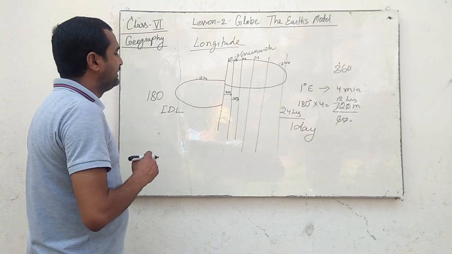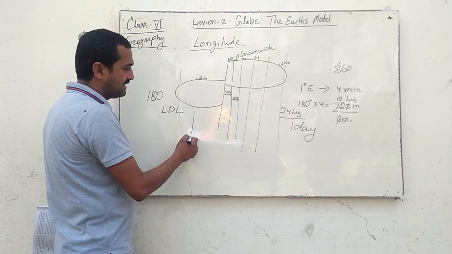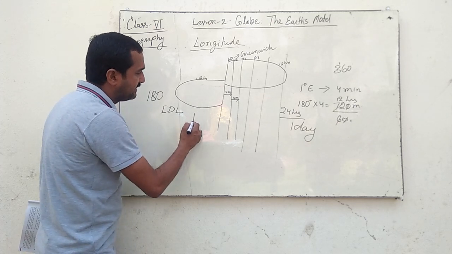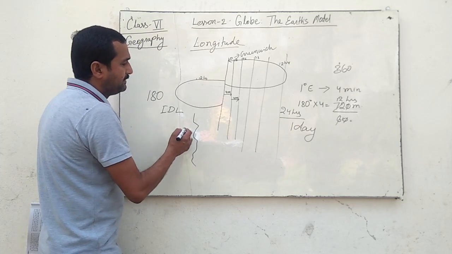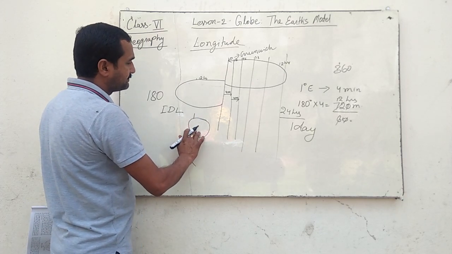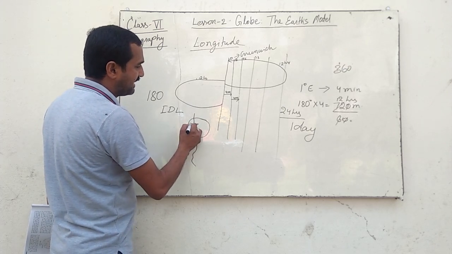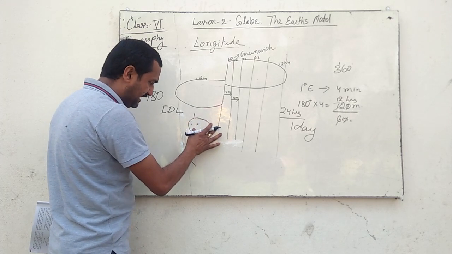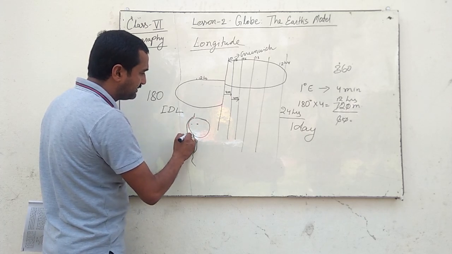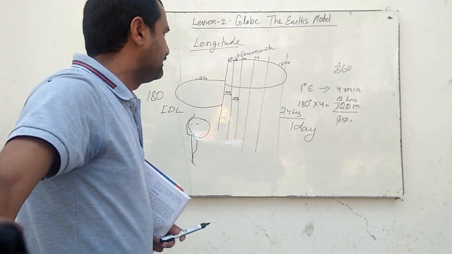So the 180 degree meridian is called IDL. IDL is इंटरनेशनल डेट लाइन। तो इसके अनुसार तो इंटरनेशनल डेट लाइन को स्ट्रेट लाइन होना चाहिए, लेकिन इंटरनेशनल डेट लाइन स्ट्रेट नहीं है, जिगजैग है। क्यों? क्योंकि मान लीजिए इंडिया यहाँ है, अगर इंटरनेशनल डेट लाइन ऐसे सीधा हो जाता है तो इंडिया में इस साइड अलग डेट होगा और इस साइड अलग डेट होगा। इसके लिए क्या किया गया है कि IDL को यहां से ऐसे घुमा दिया जाता है जनरली। ठीक है, तो IDL is not a straight line.